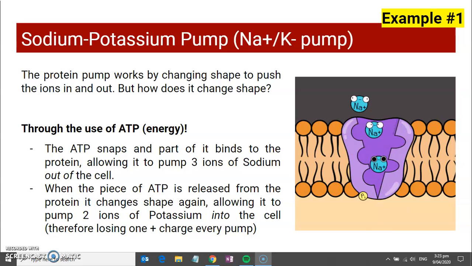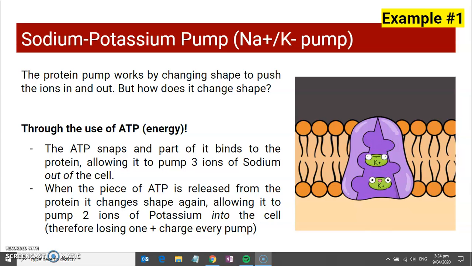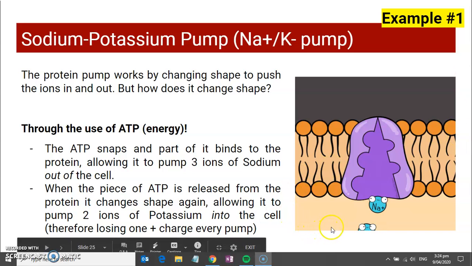So the cell wants to maintain a high level of potassium inside and a low concentration of sodium relative to the outside. So it's going to be moving these ions against their concentration gradient. And how this happens is, if you look down at this GIF here,